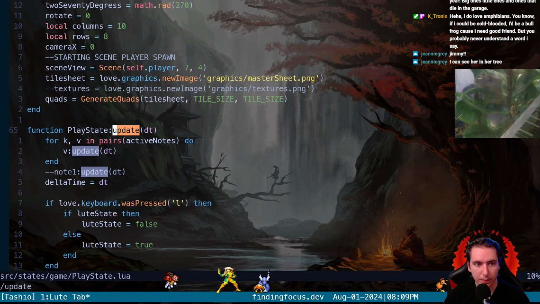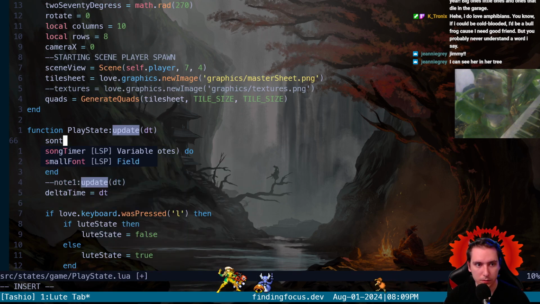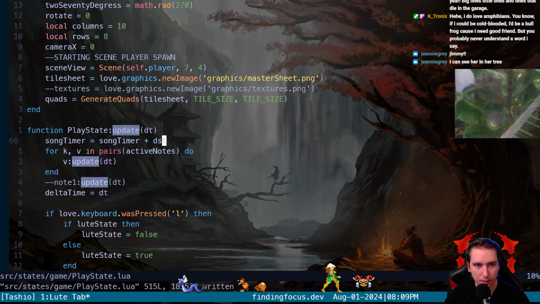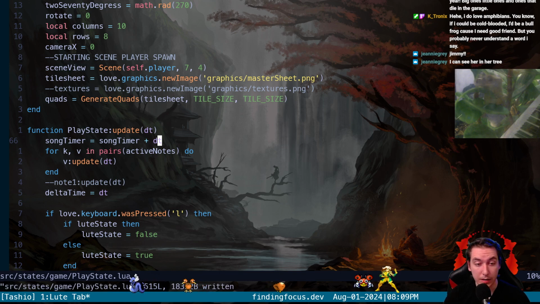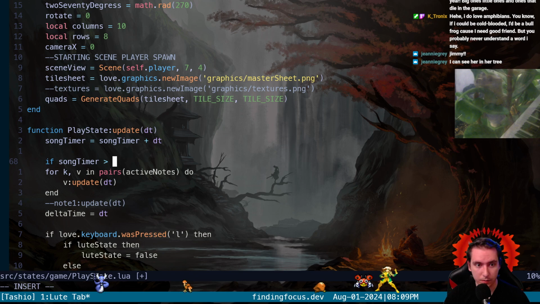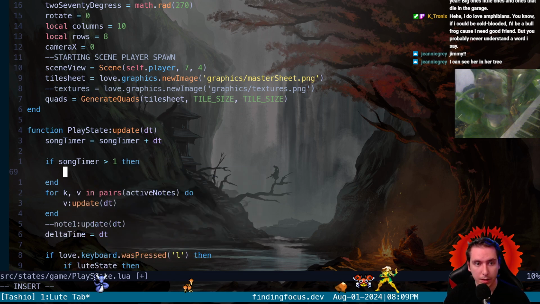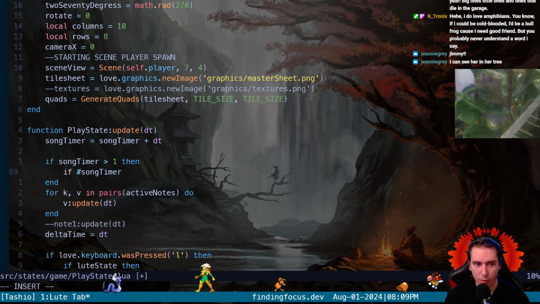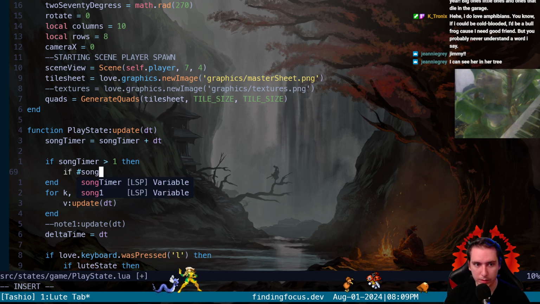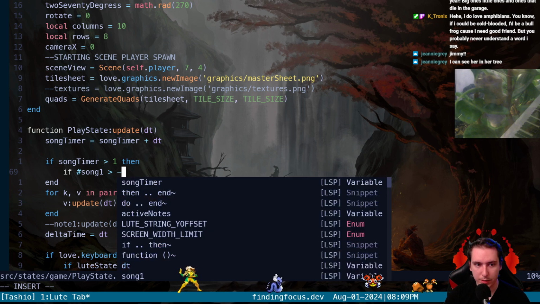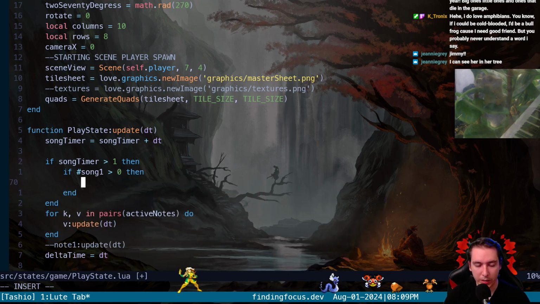Then in our update, we're going to say song timer gets modified by change in time. And then we'll say if song timer is greater than 1 second, then we're going to check if there are any values left in our song 1. If the number of items in our song 1 is greater than 0, then what we want to do is